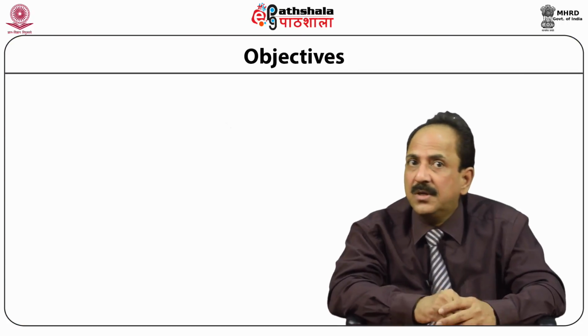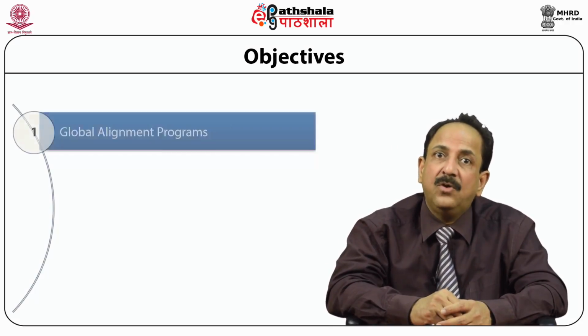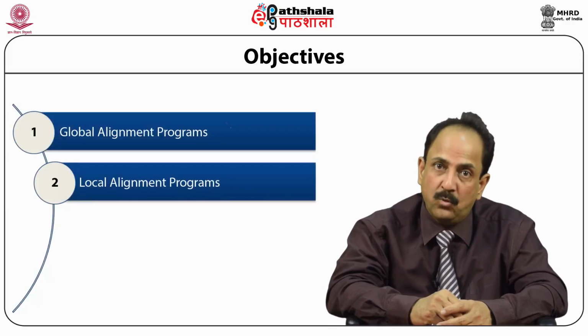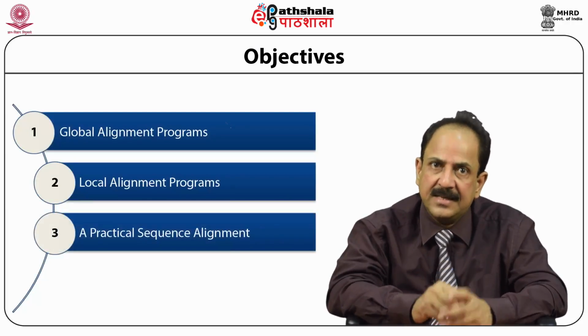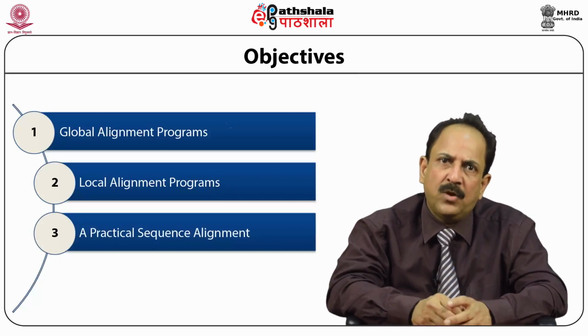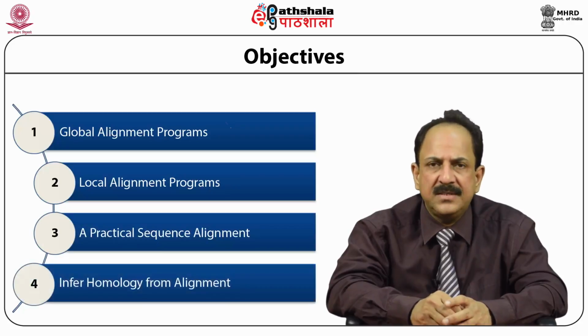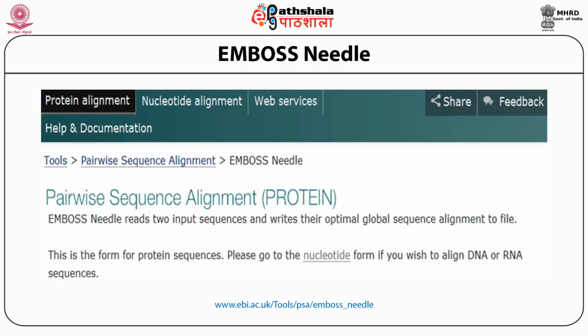In the present module, the students will learn the use of global and local sequence alignment programs for a pair of sequences. Then a practical example of sequence alignment will be undertaken using these programs to draw an inference of homology. EMBOSS Needle, available at European Bioinformatics Institute, creates an optimal global alignment of two sequences using the Needleman-Wunsch algorithm